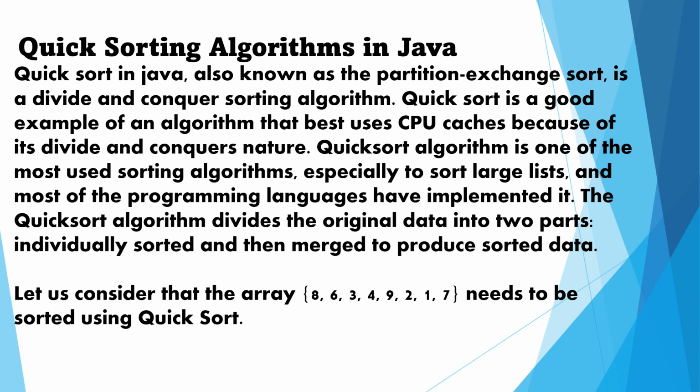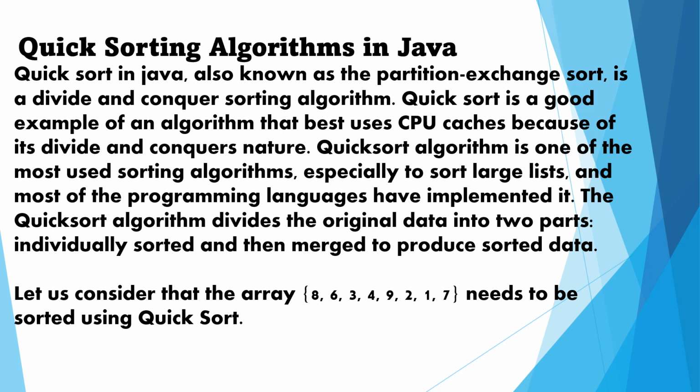Quicksort is a good example of an algorithm that uses CPU caches because of its divide and conquer nature. The quicksort algorithm is one of the most used sorting algorithms, especially to sort large lists, and most programming languages have implemented it. The quicksort algorithm divides the original data into two parts, sorts them individually, and then merges them to produce the sorted data. Let us consider the array